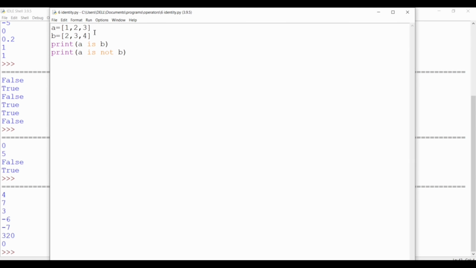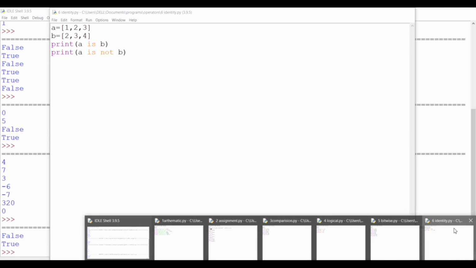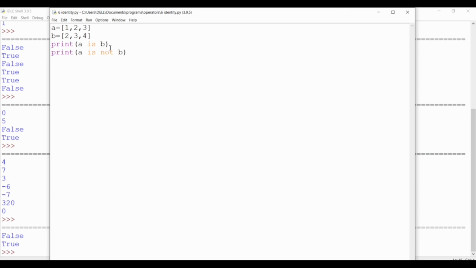Here in the identity operators, we have assigned the values of A and B as lists, so that it comes into the pattern of A is B or A is not B. Here you can see that A is B is false, and here A is not B is true. For checking whether A is B or A is not B, we are using these operations.